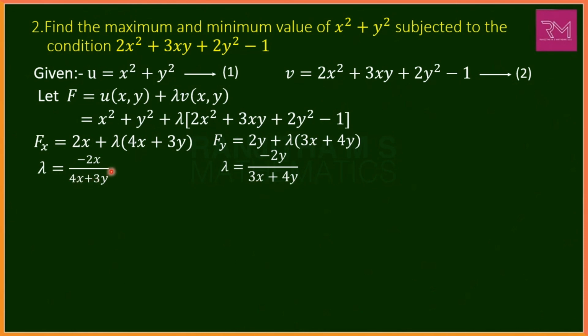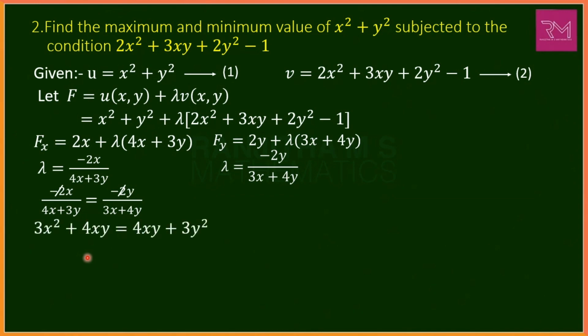This is lambda is equal to minus 2x by 4x plus 3y. This also lambda is equal to minus 2y divided by 3x plus 4y. Hence we can equate these two equations. We get minus 2x divided by 4x plus 3y, which is equal to minus 2y divided by 3x plus 4y. Here minus 2 gets cancelled, and equate these two equations, we get the value as here x